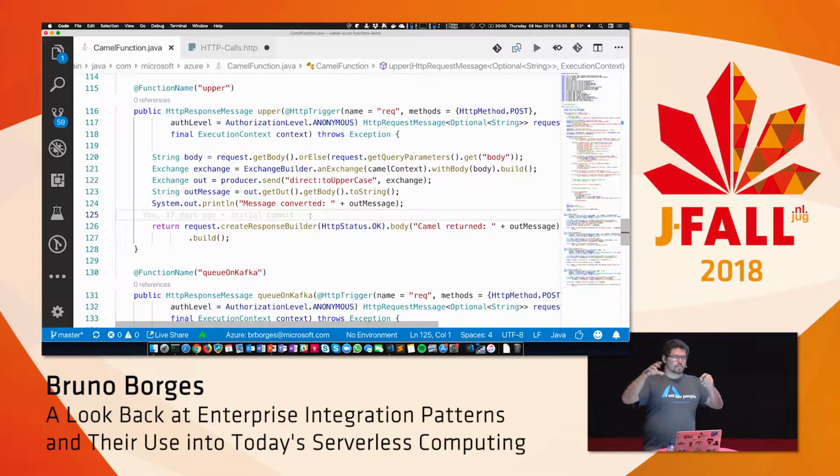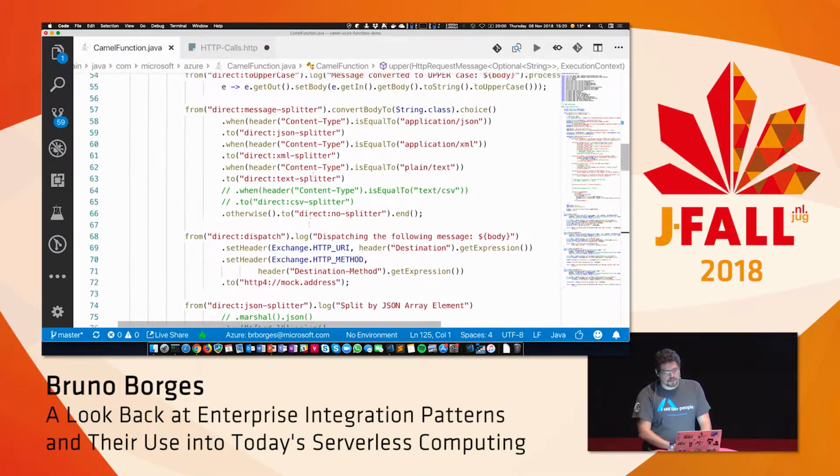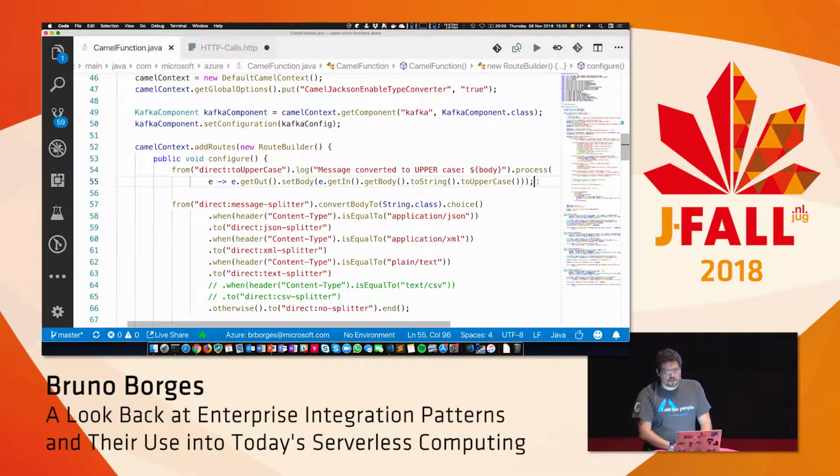Function comes in, the event is triggered, HTTP, a message comes. I get that message, wrap it in an exchange object for Camel, and insert that into the Camel route. Camel processes that. And if the Camel route changes, this function, as an entry point with input and output, doesn't have to change at all. And once I have that, I can apply whatever pattern I think of.